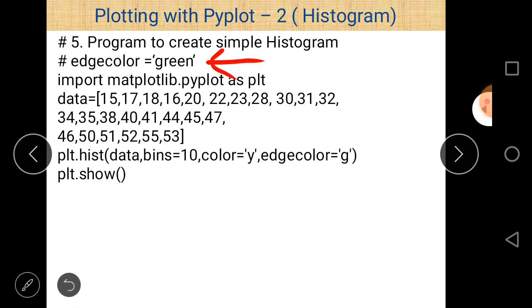And here we can easily see that the program is almost the same in comparison to the previous program, but only two parameters are used here.